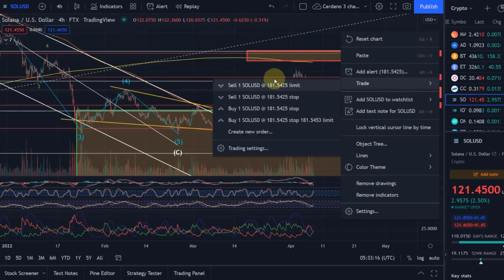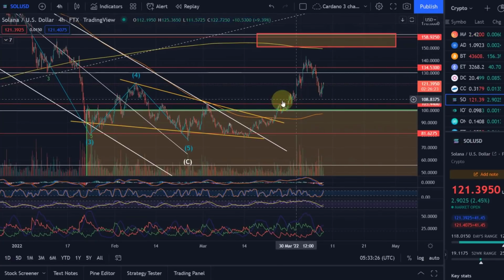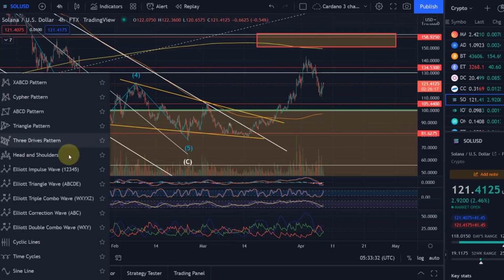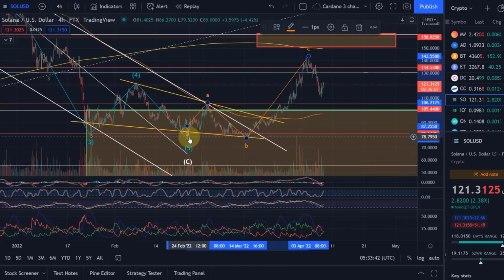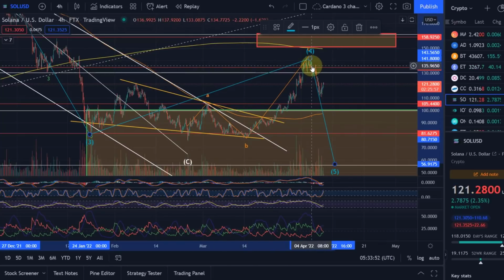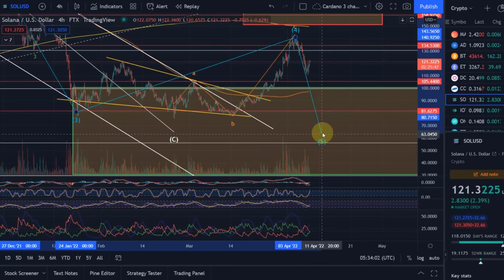Do I believe in it? Not too much. I actually think there are two possibilities that are more likely at the moment. One possibility is that all of this was only an ABC. This would be the more bearish scenario. Looking at this as an ABC pattern, this would generally be pretty much the same wave count as Bitcoin in this correction, where we have a WXY as well, an ABC. I don't want to make it too complicated, but it would be an extended correction. This would then be the wave 4, and we would come down once more